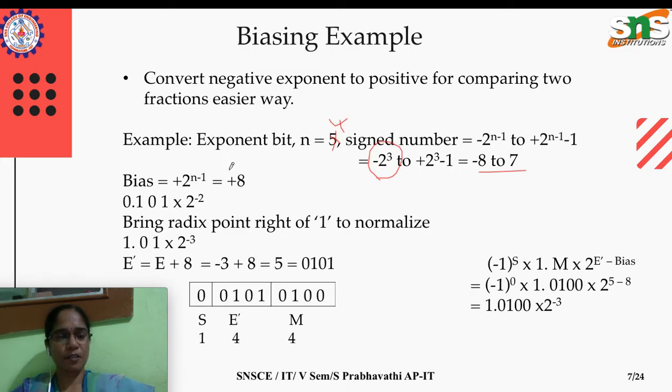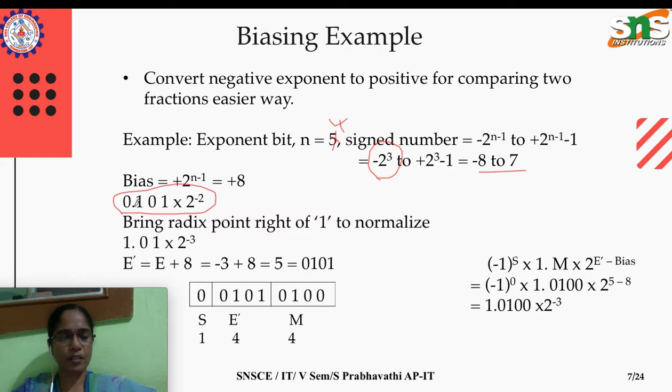Let's see the representation. Suppose we have a number like 0.101 × 2^-2. This binary number is represented in this format, where the exponent is given as a negative number. Our concept is first we need to normalize it. Normalizing in this sense means the MSB of this number should always be 1, is it not? So bring the radix point